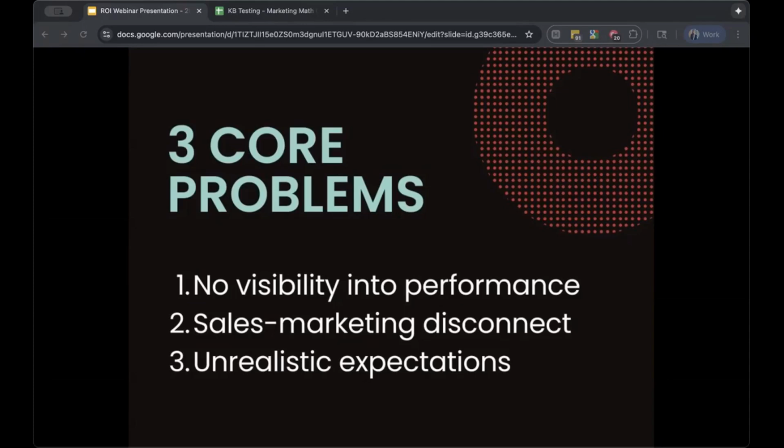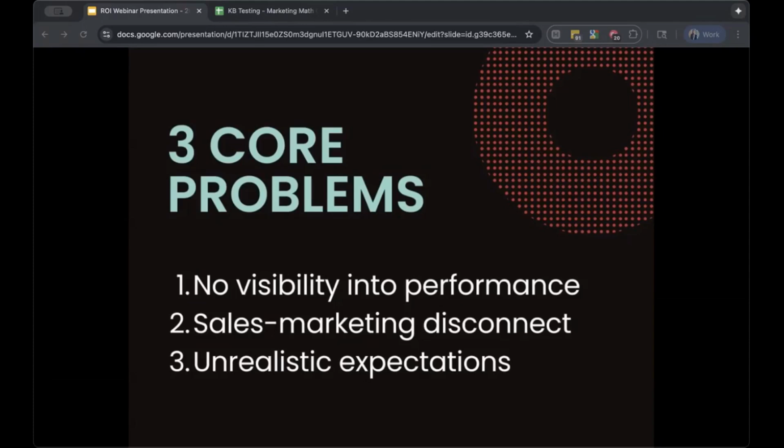That second one is that sales and marketing disconnect that we were talking about. So marketing's generating leads, but sales doesn't pick them up. Or worse, they're only following up once. And if the lead doesn't convert immediately, then nothing. So they're kind of missing out on that whole nurturing process, no second touch, no strategy. Anyone sound familiar? Okay.